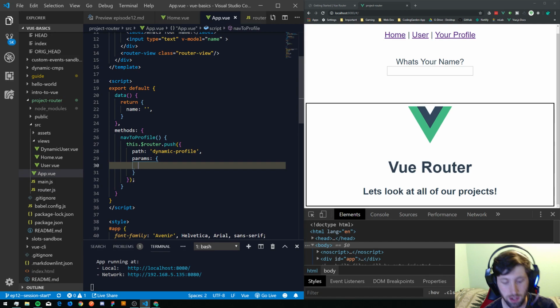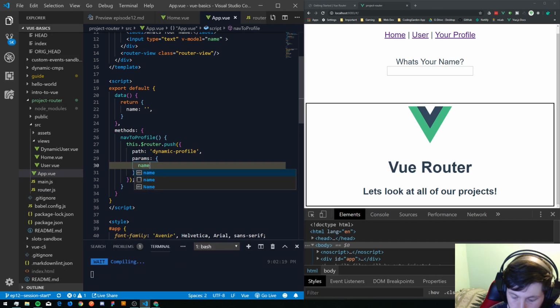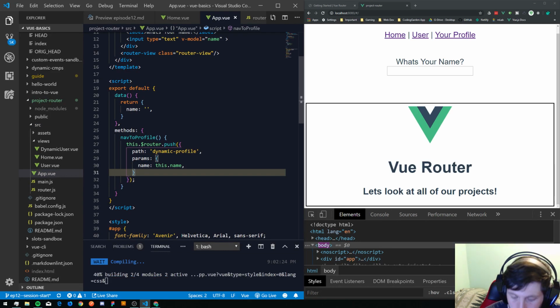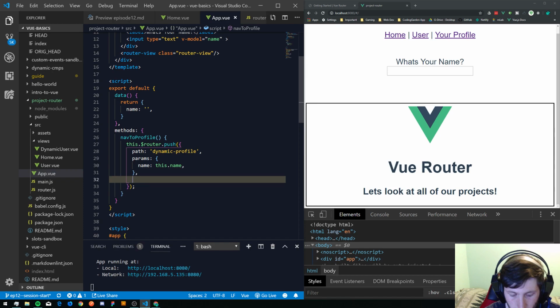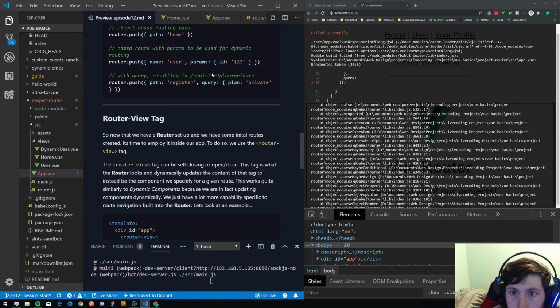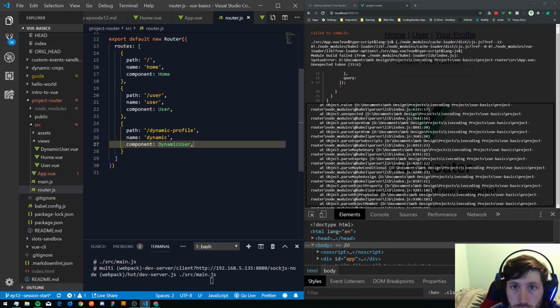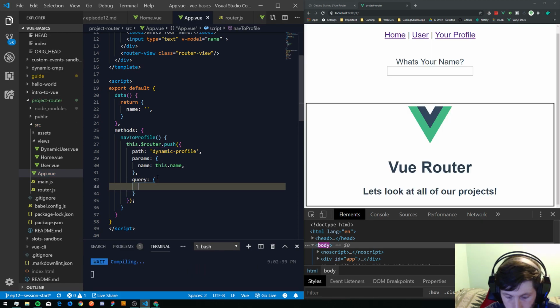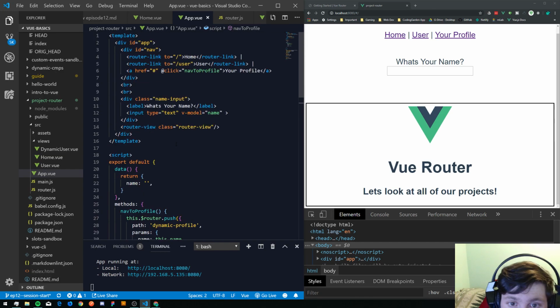then inside of here we will have name is this dot name, right? And if we wanted to, we could also pass in the query object as well. Is it query or queries? Yeah, just query. So we pass in a query object to app.vue here, and we'll also pass the name in as a query string. Cool. So when we click this button now, this a tag, we should see it generate our name, and well,